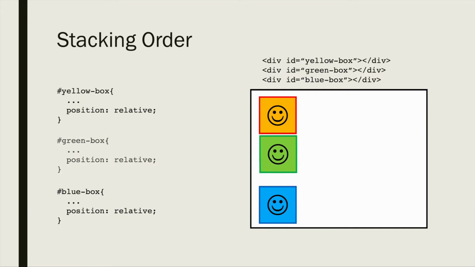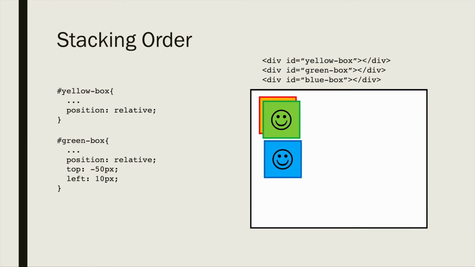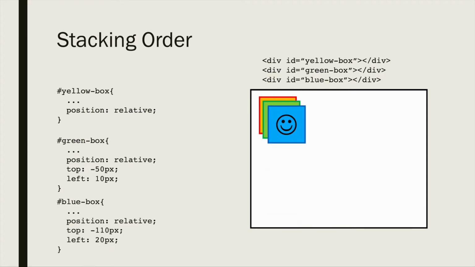Once you start messing with the actual positioning of it, such as top and left, you'll see that the different elements layer on top of each other because that's how they're loaded in the actual page. Once we add the blue box, we see that they're all layered on top of each other. However, once we specify the yellow box to have the